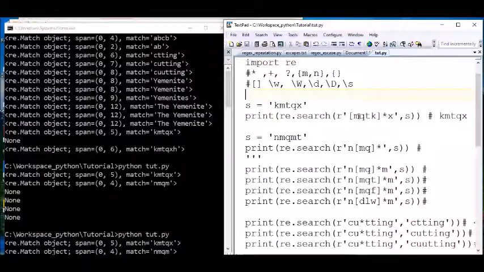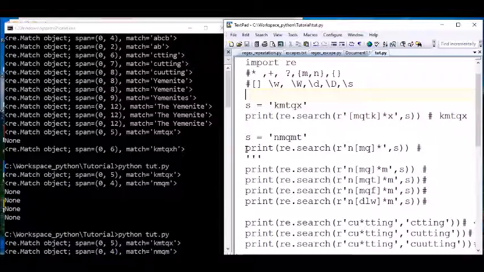Yes, K is inside the set, M inside the set, T inside the set, Q inside the set, X not inside the set. This means 0. But since this quantifier says repeat, even if it's 0, you don't quit, go ahead to the next. X is not inside here, so you don't quit, look at the second. X is here, it's found. That's how you see the output.